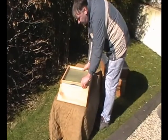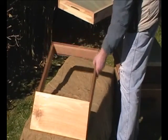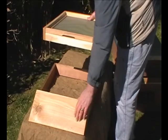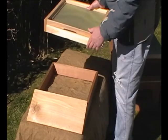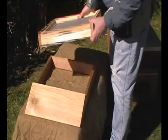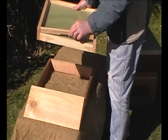I'm going to start with the Varroa floor and the alighting board. This is an alighting board, acts as a base. This gives the bees somewhere to land and to walk up. When they're heavily laden with pollen and honey, it's easier for them to land rather than trying to crawl up the front. Here we have a Varroa floor, the entrance,